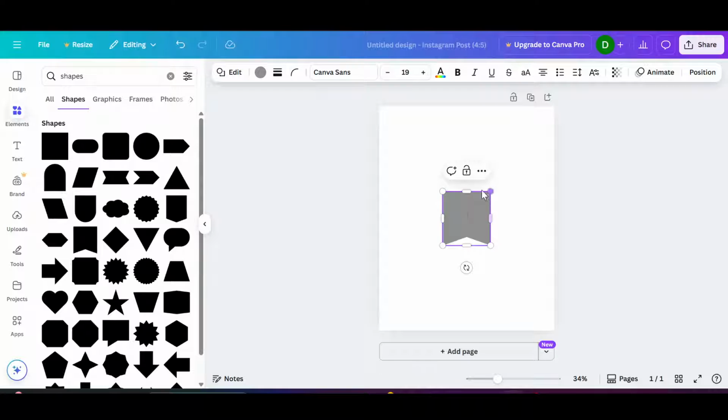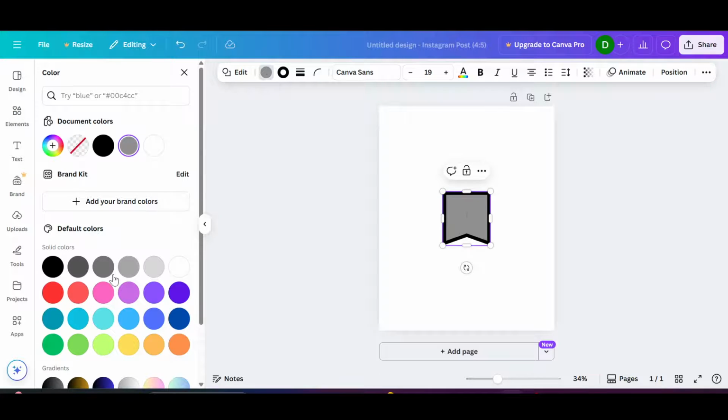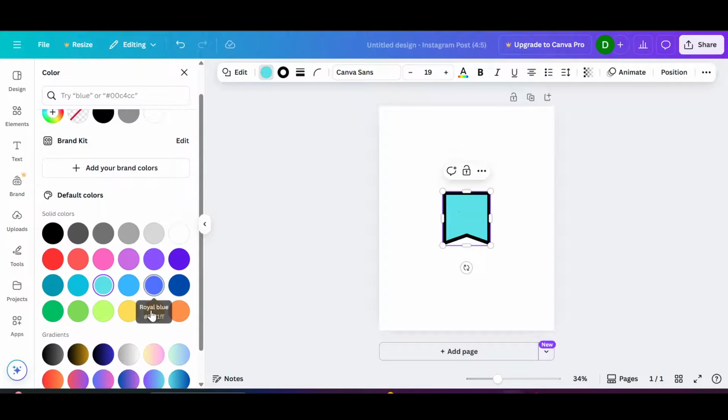So as you can see, I have taken this shape, and here is the stroke style. This is to add the border, and then this is to increase the border. You can just increase the border as much as you want. And for example, I want to keep it at 20, and click on color to change the color of your